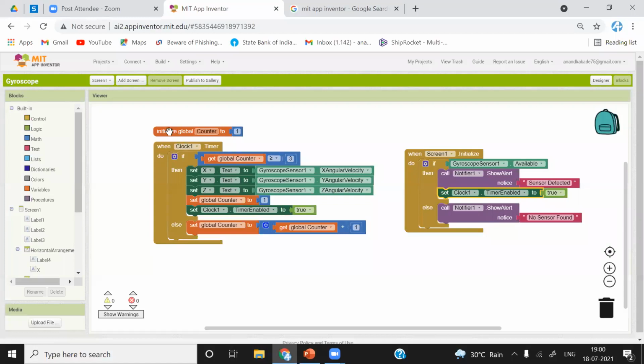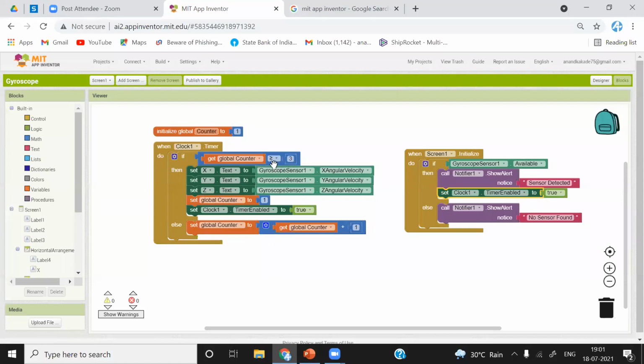So we'll understand now. We have initialized a global variable as counter to 1. We are checking if this global counter is greater than or equal to 3. And if it is greater than or equal to 3, then we are printing these values, and again initializing to 1, because next time we want to check this. After 3 seconds, we want a delay of 3 seconds. That is the reason we have put this global variable again to 1. And again we have initialized the timer with the value 1.